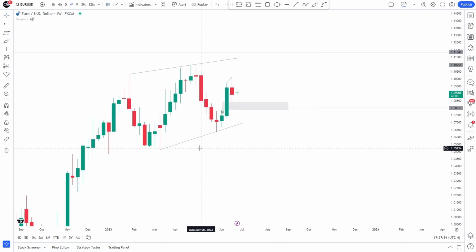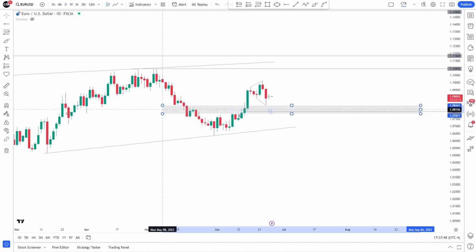Okay, so looking at this, we have this fair value gap. The market could come, close this out, close out this fair value gap, and ultimately in that process we'll liquidate the low of last week, because last week we came back, traded to this low, and then closed here. So there's a very good chance that the market could come back down and liquidate all of that. But for now, we never know. For those of you who trade support and resistance, you could find support and resistance level there if you look at that as well.